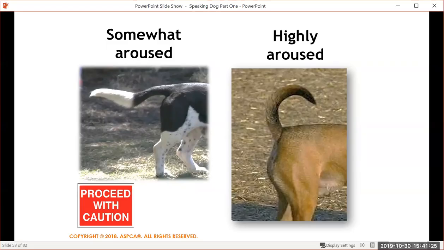If that tail is moving stiffly and slowly from side to side, that's called flagging. And that can be more indicative of an aggressive motivation, but not always. I'm going to show you an example in a minute where it doesn't necessarily. It can also be consistent with solicitation or courtship behavior. Again, typically the tail is going to be wagging faster if it's not an aggressive flagging. Next slide.